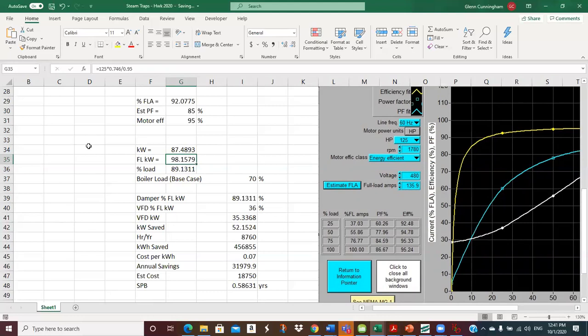Okay. So I'm wanting to see what my load is on the motor and all this stuff. So that would say my full load input kW is 98.16. Well, then I'm just calculating my percent load. Kind of see, well, I was like 89, 90%, something like that on the motor. Okay. Now let's go on down. So at 90%,